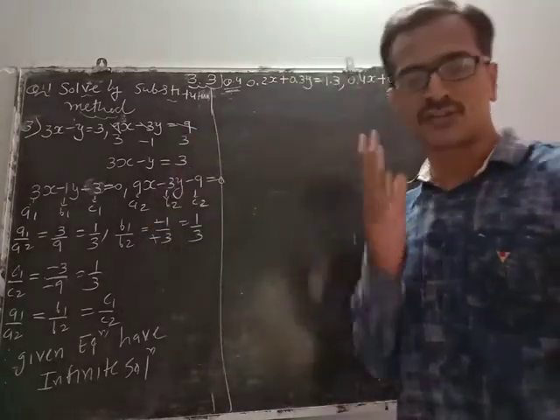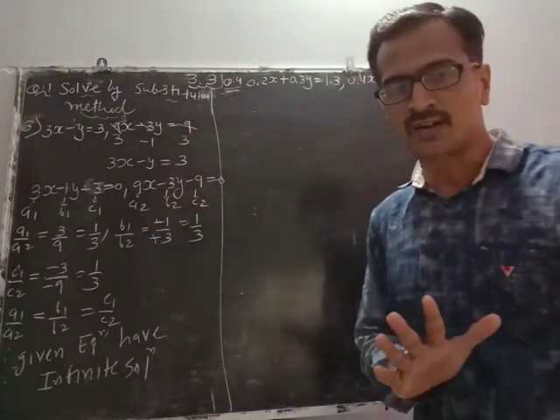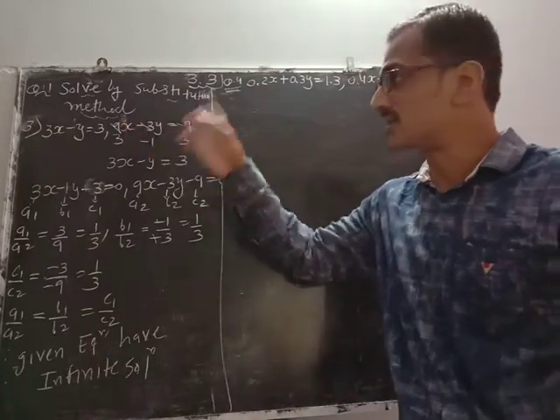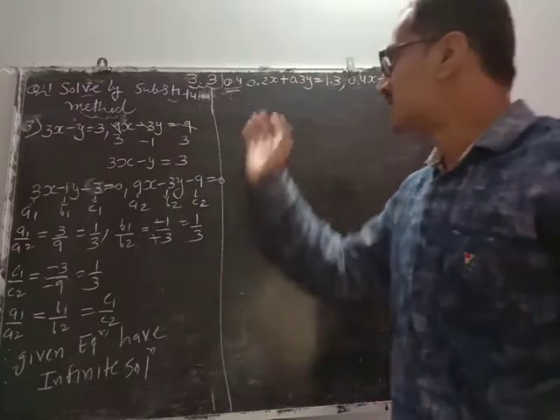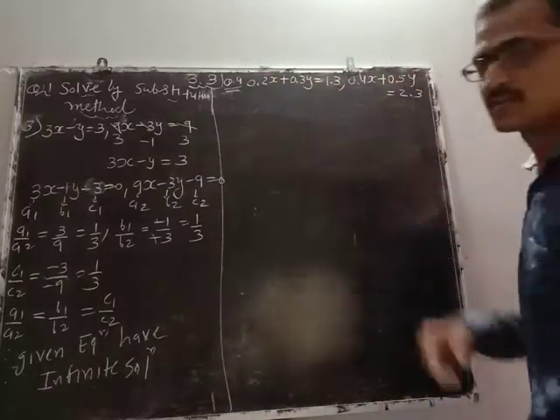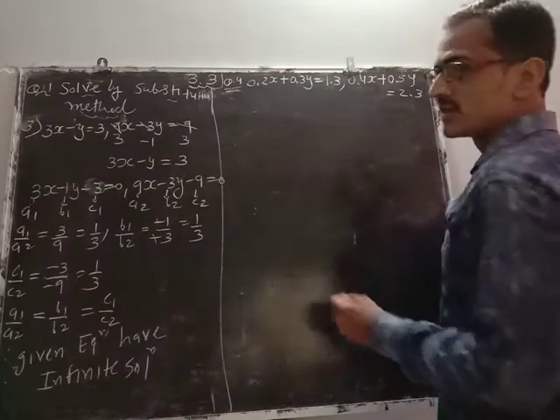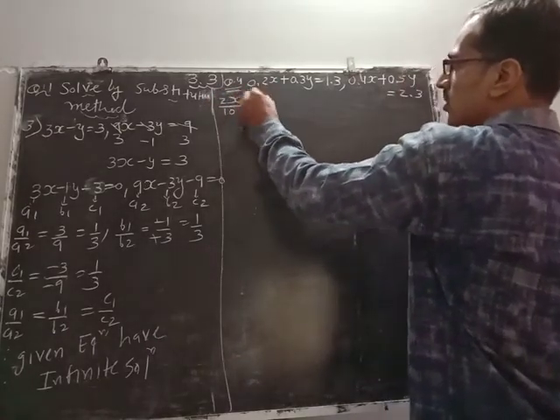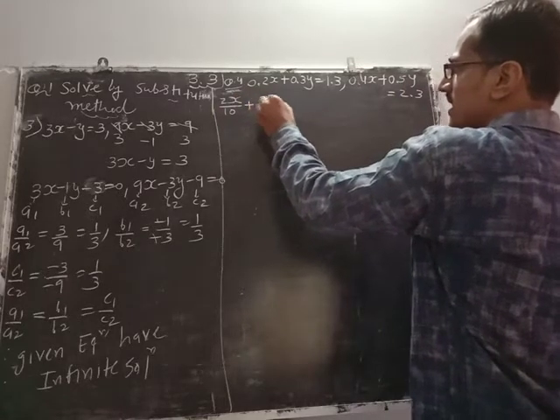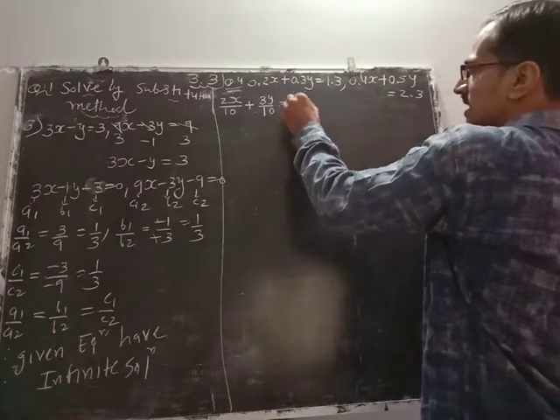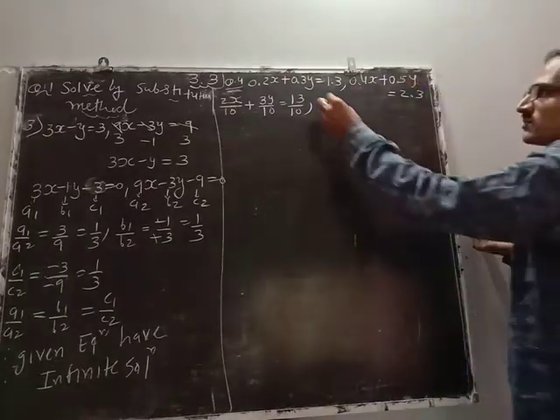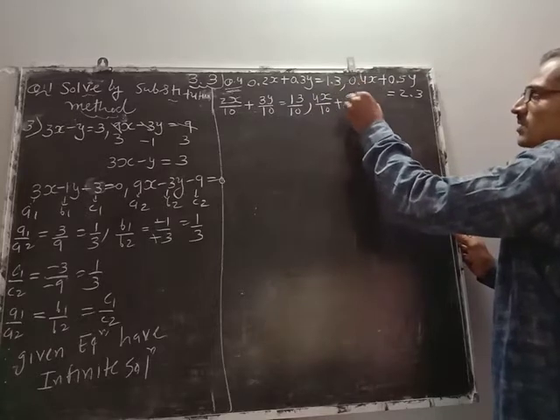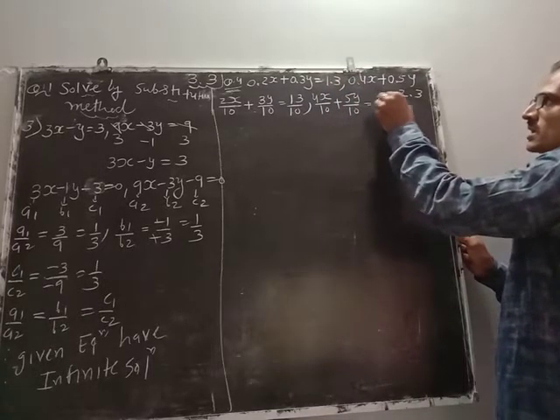Reduce का मतलब क्या? फ्रैक्शन है तो सिंपल फॉर्म में कन्वर्ट कर दो by finding out LCM. If it is divisible by any number, then divide it to reduce. See, it is nothing but a decimal fraction, so I will remove the decimals first. After the point we have only one digit, so it will be 2x by 10. Here also one digit, so 3y by 10, 13 by 10. In this equation, 4x by 10, 5y by 10, 23 by 10.